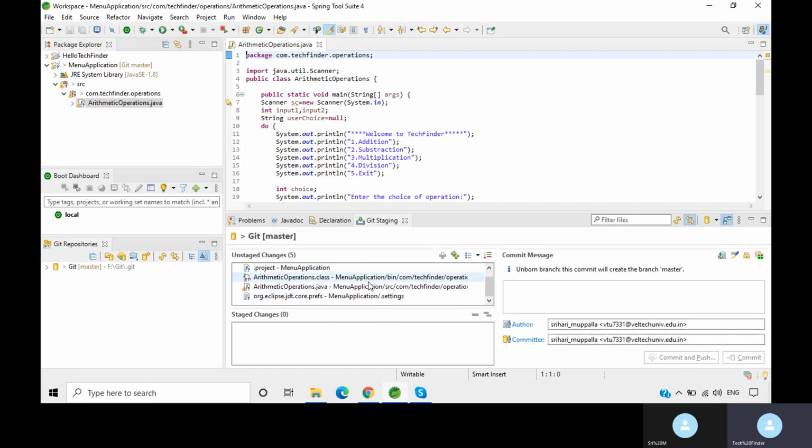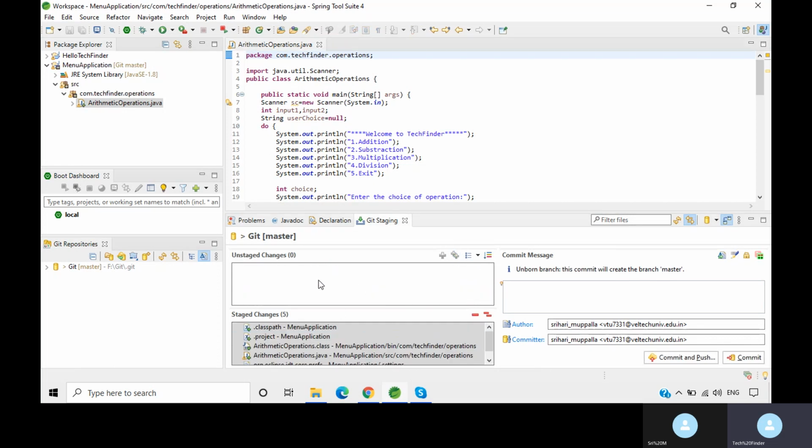Now these are the files present in our project. So we need to push these files into our repository. Here you can see double plus button with the green color. If you click on that, all these things were added into staged changes. Unstaged changes in the sense the changes we made in our project which are not committed into our Git repository.